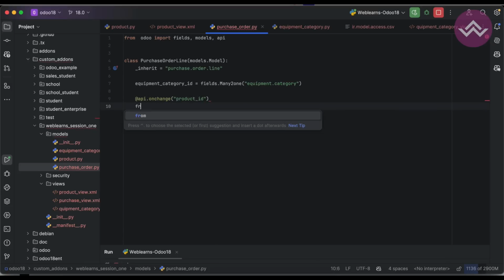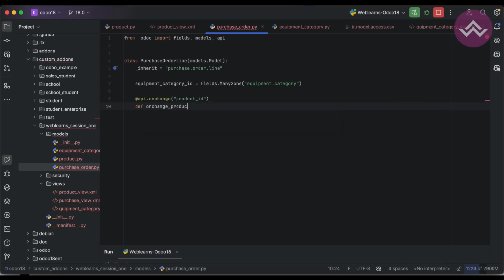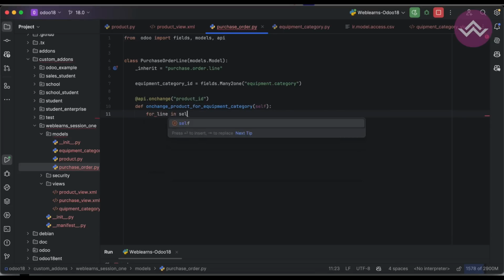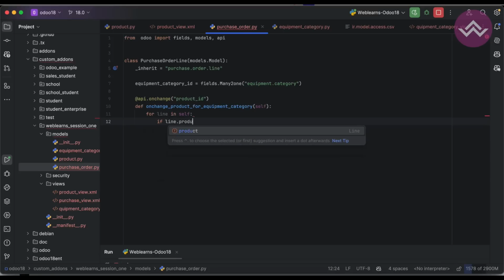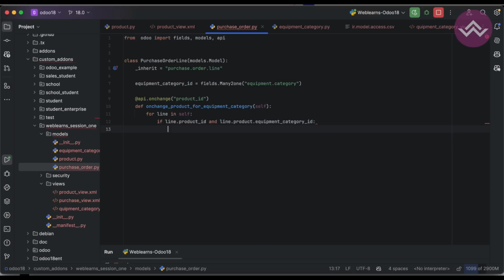product_id, on change product for equipment category. Let me check here, product_id is there, and line of product dot equipment category id is there. Then simply we will use like this,